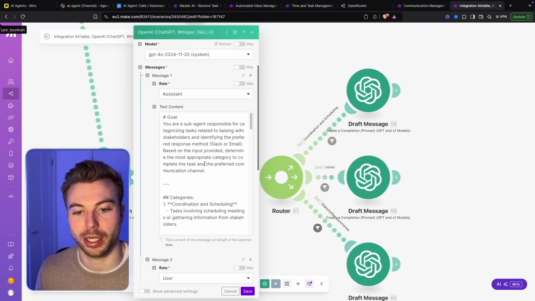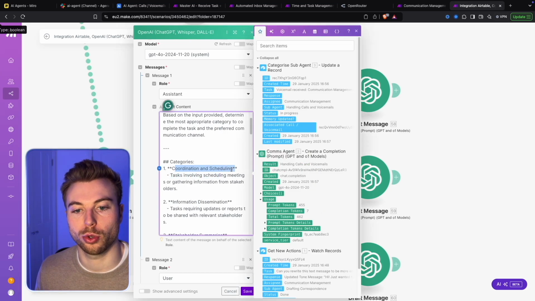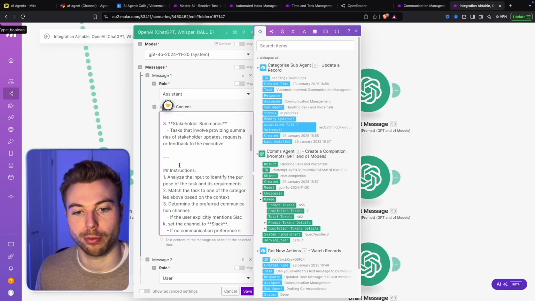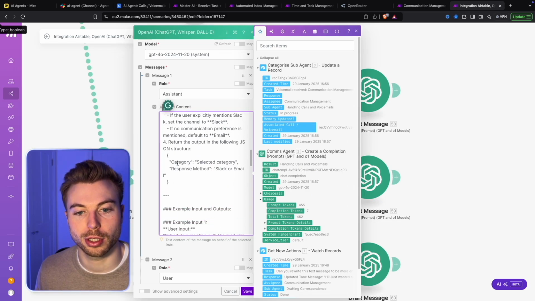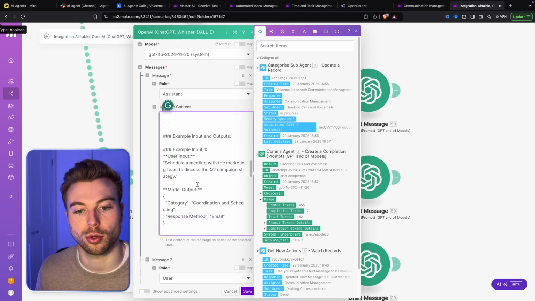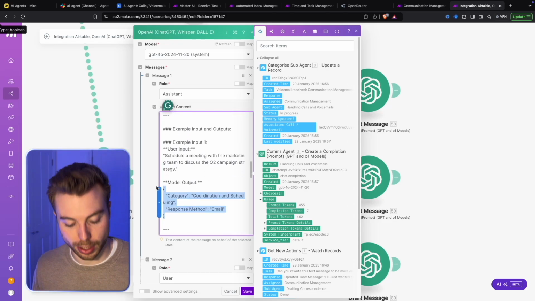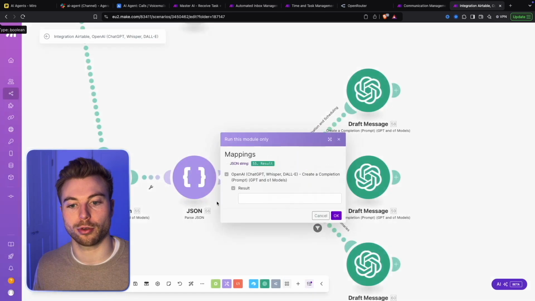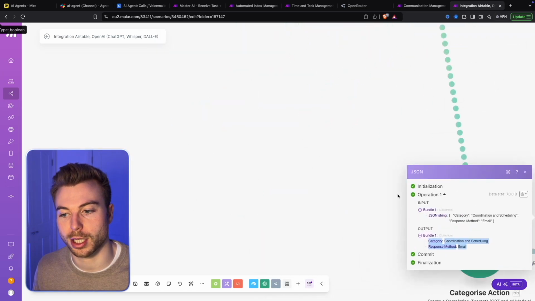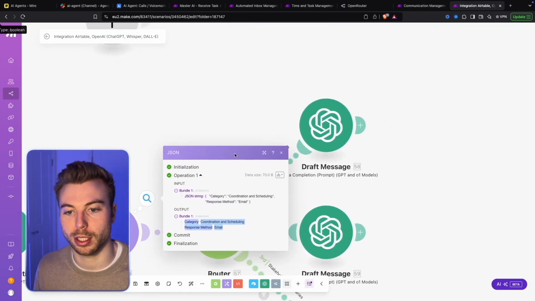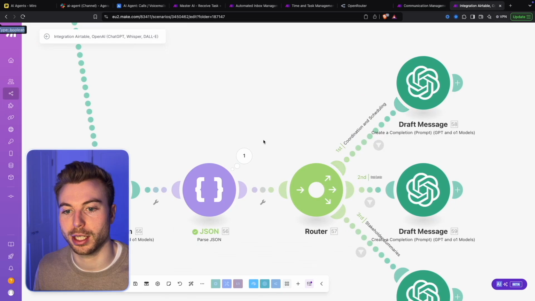So as we can see here, we're looking for either coordinating, scheduling, sharing information, or stakeholder summaries as well. We've given it some example information, and this is the output that we're looking for. So the category and the response method, either Slack or email. So if I come down here, I can do copy, I can run this module only, and then what we should get is a nicely formatted email that says the route it needs to go down. So in this case, it would be this top one here because it's around coordinating and we want it as